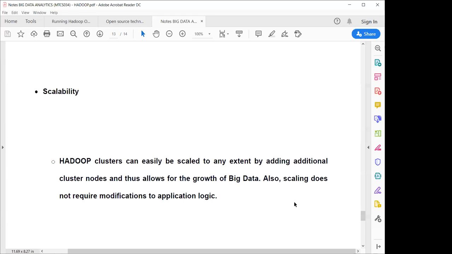Scalability means your application should support the increasing number of users without any issues or problems.